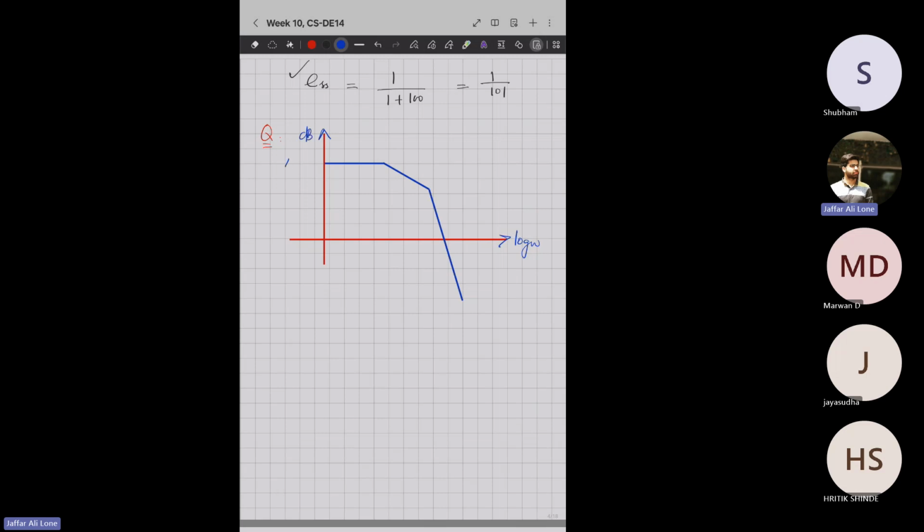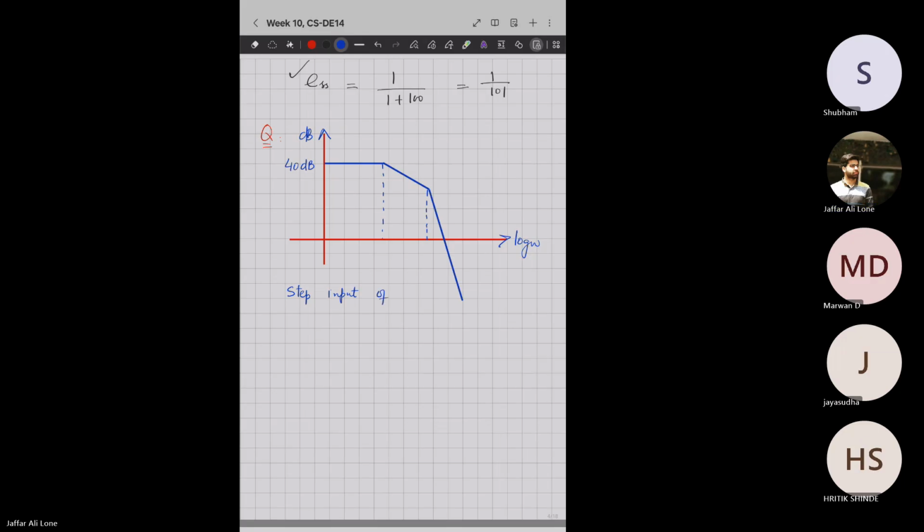Again, this is 40 decibels. Just to check your concept that I right now discussed, there is one slope change here, there is another slope change here, and you have to find the steady state error for the step input